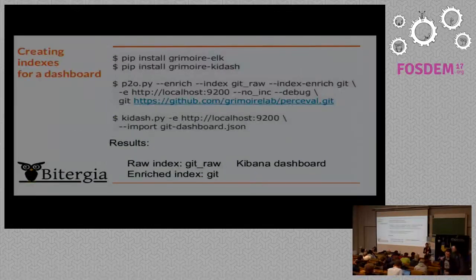And this is the way for using GrimoireLab. So again, it's a Python module, so you can install it from PyPI. And you also have another one, Kidash, which is part of the same package, but it's different because the job of Kidash is to upload the panels to Kibana, to Elasticsearch, so that they can be shown